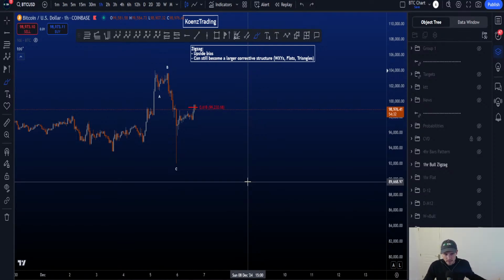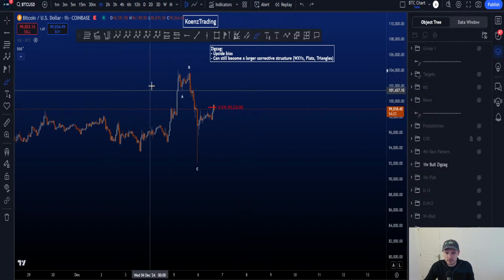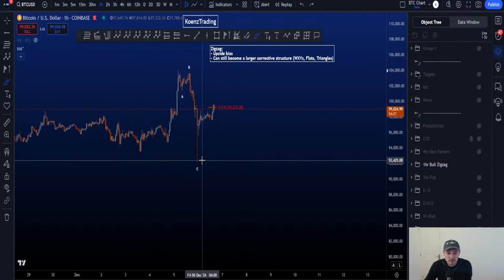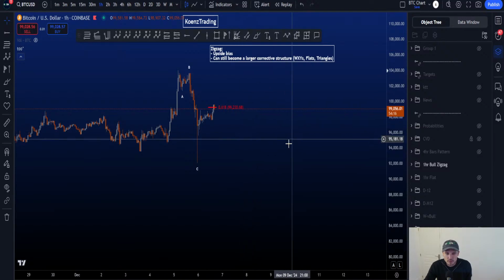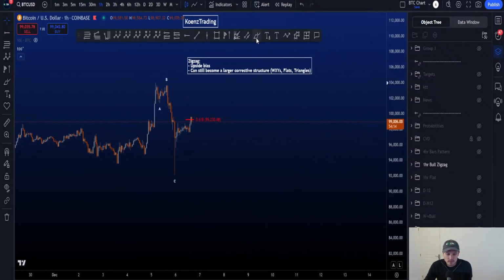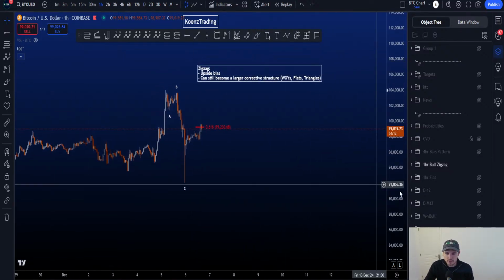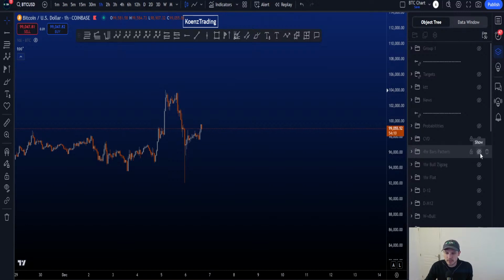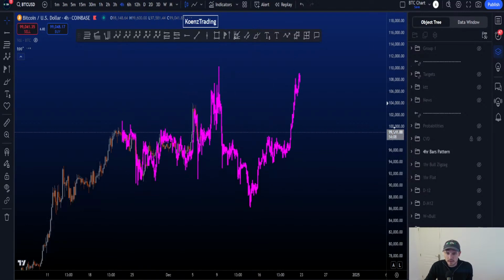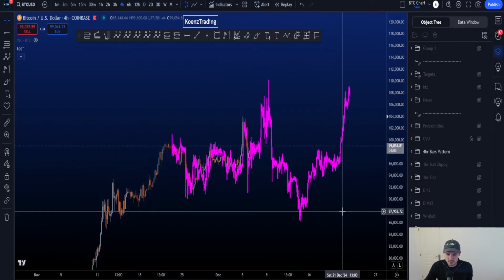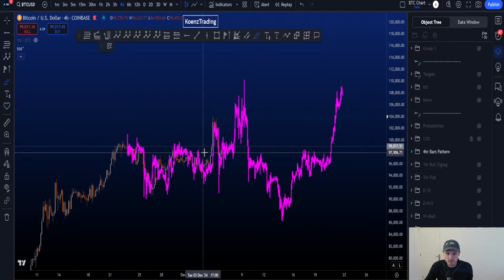So that's it. Weekly is bullish. Daily, looking for a bigger range, but still bullish. We're still looking for price to continue to the upside. And on the 1 hour, a 3-wave corrective move down, probabilities are also higher to still take out this high, right? But we need to wait for the structure that's likely to form. A bigger corrective structure currently has a higher probability on the daily instead of just continuation for wave 5s.